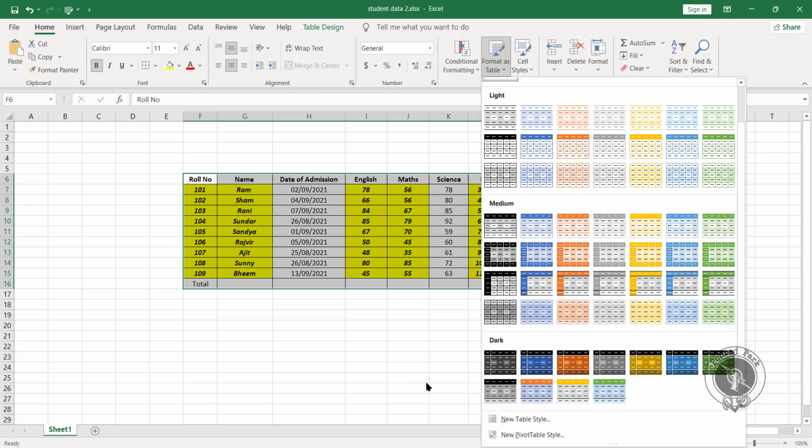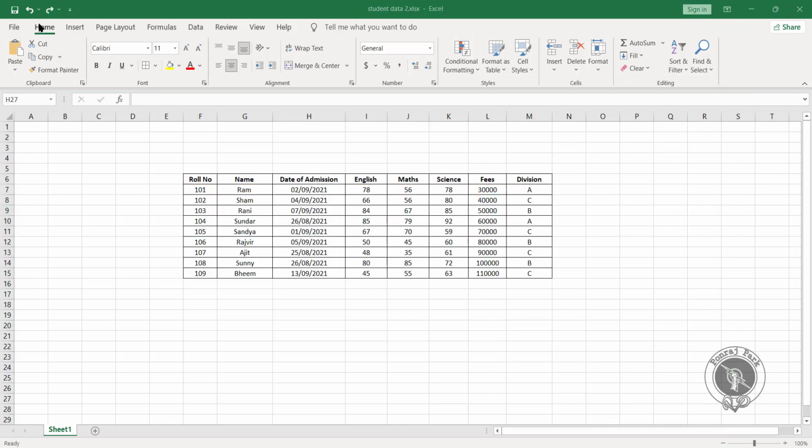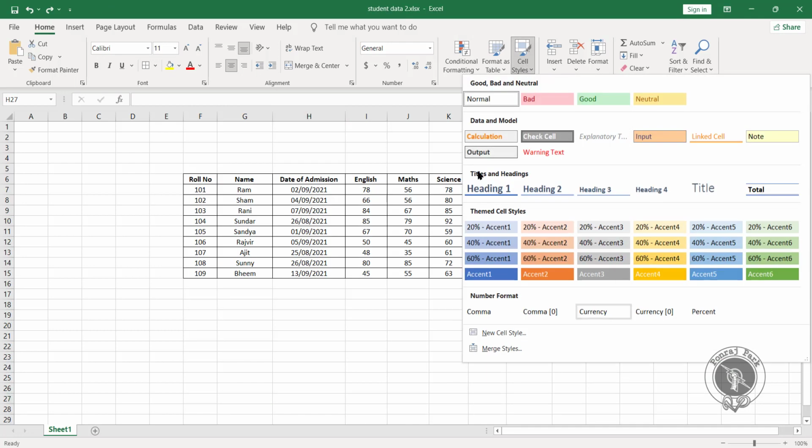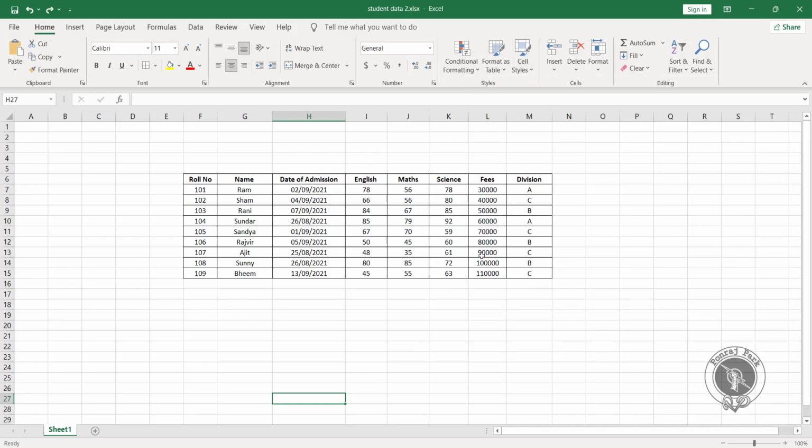So about this we'll learn in our upcoming videos. Okay, so in this Home tab we have the Styles group. In that you will get this option, Cell Styles. Okay, and in this Cell Styles we got different options. So now if you want to design or give styles to your cell, then you can use